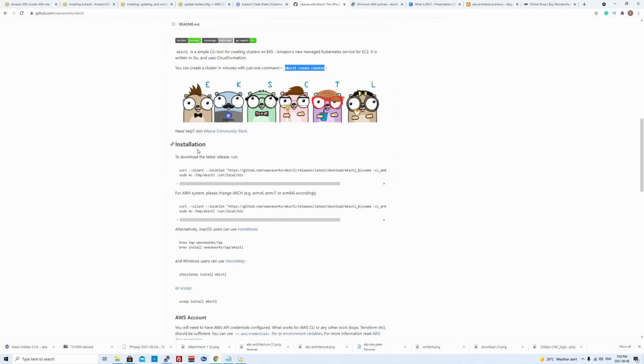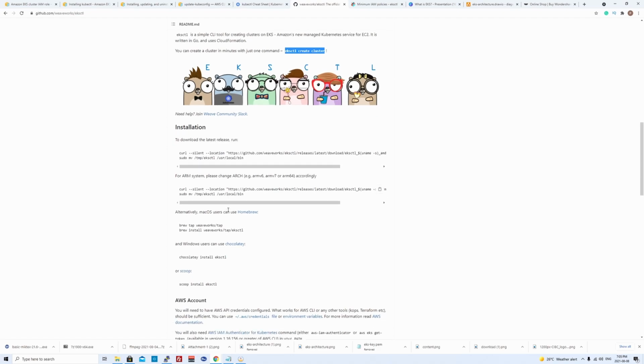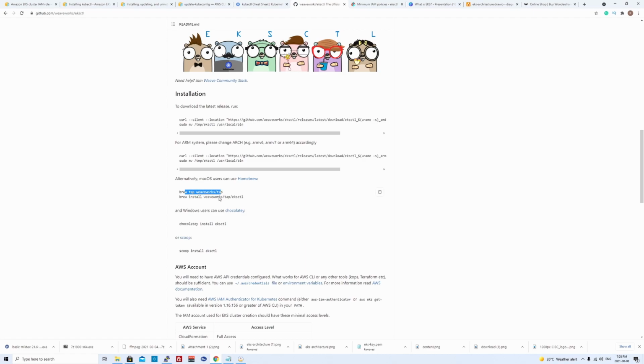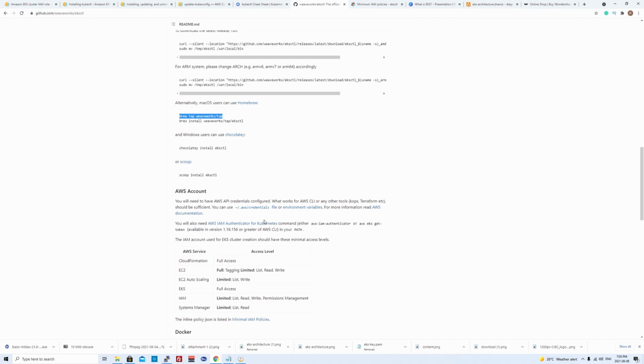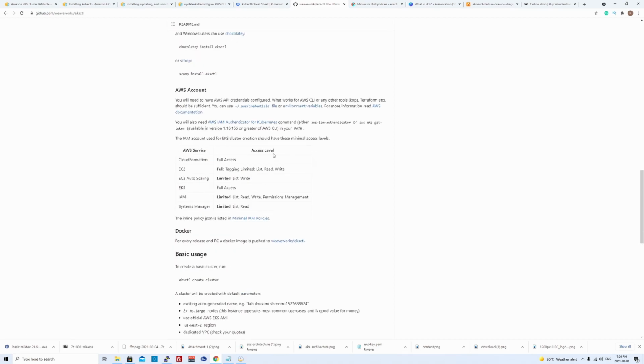Okay, then let's go to the installation. So installation is pretty straightforward. You download a binary from the given URL, and that's it. And for Windows, you download it with Chocolatey. For Mac, you download it with Brew. That should be it. It has some requirements as well, like when we did the installation with the AWS console, we created the user credential of our admin user and used that to provision the cluster for us. Over here, we would be doing the same thing.